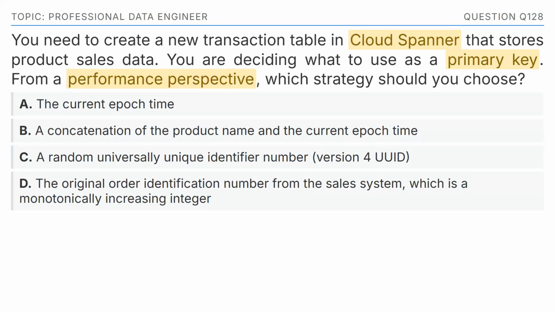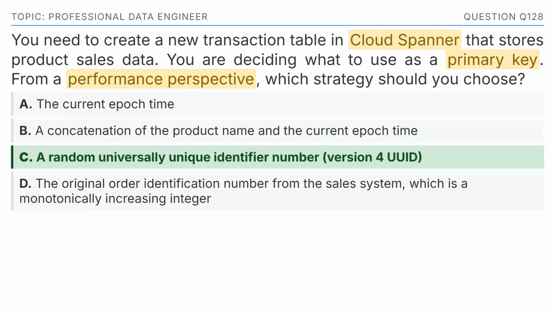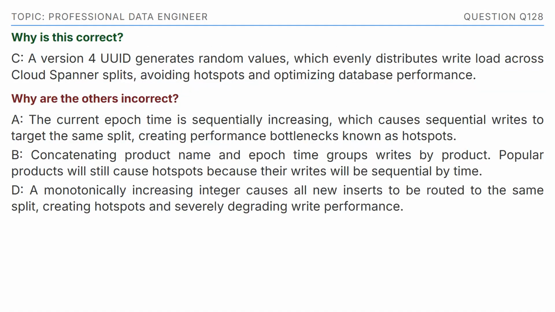To arrive at the correct answer, we focus on the keywords: Cloud Spanner, primary key, performance perspective. The correct answer is option C, a random universally unique identifier number, version 4 UUID. Why is this correct? C. A version 4 UUID generates random values, which evenly distributes write load across Cloud Spanner splits, avoiding hotspots and optimizing